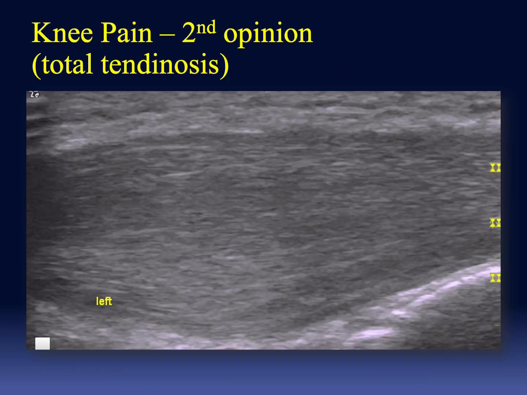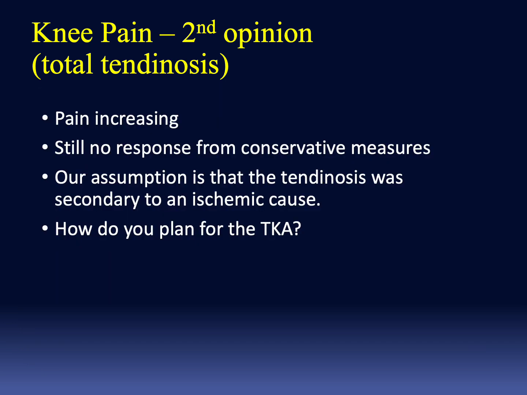On ultrasound, we see that the fibers seem to be intact, but that there's an increase in swelling and therefore a decrease in echogenicity. So what we see is that she has increasing pain and still no response from all the conservative measures. Our assumption is that there must have been a vascular accident causing an ischemic event in the tendon. The previous surgeries were not particularly traumatic,